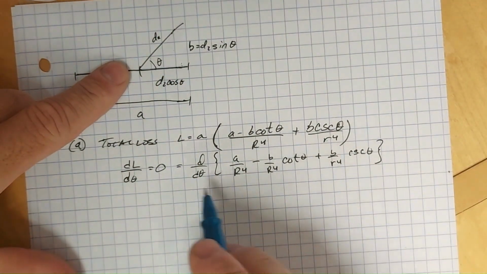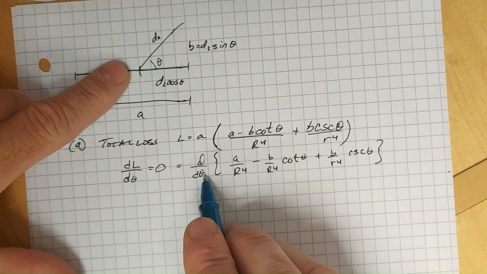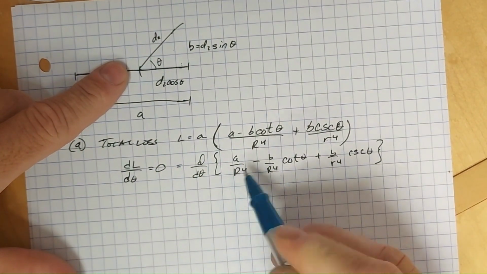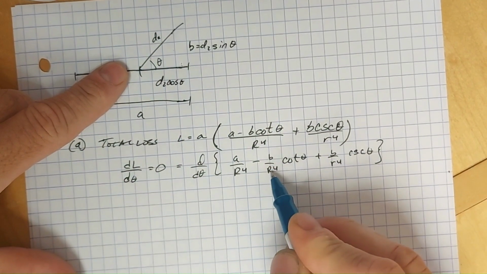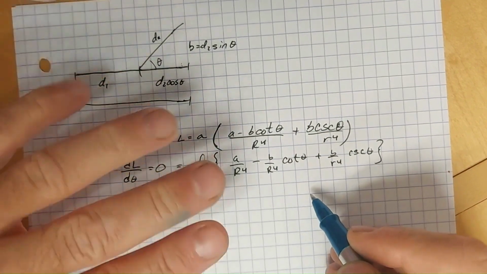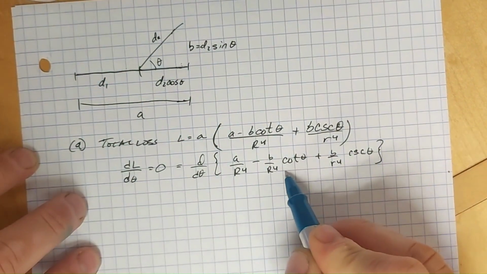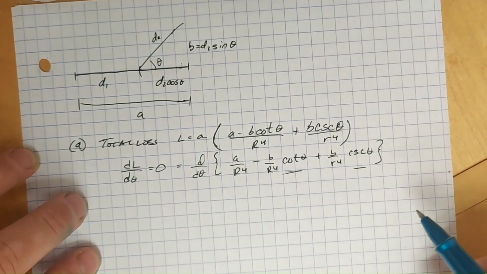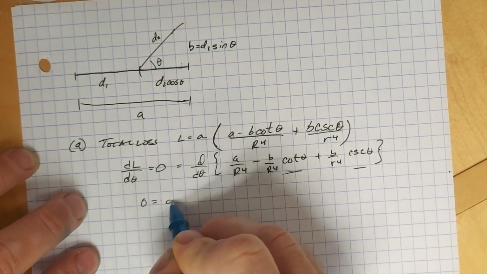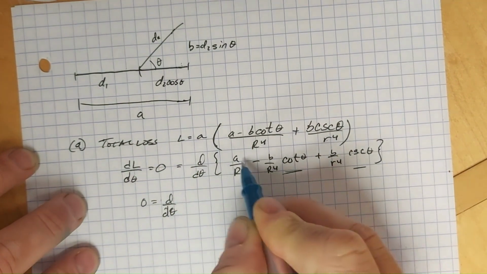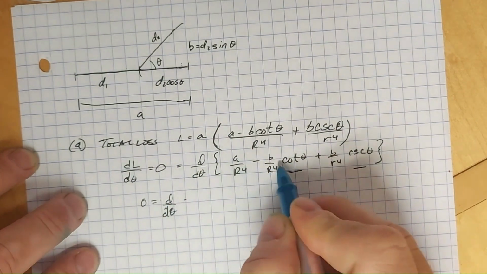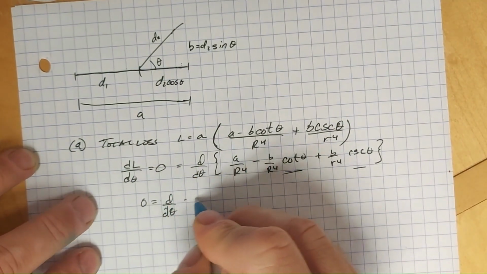Okay, so we're going to compute the derivative with respect to theta. So this term here is going to be 0, and this b over R to the fourth and b over r to the fourth here are going to be constants with respect to our differentiation. So we're going to factor those out. So the only thing that we're really going to be taking the derivative of is the cotangent and the cosecant here. Okay, so to do that, then we have 0 is equal to d d theta. This term is already 0, as I mentioned, so I have the negative b over R to the fourth,